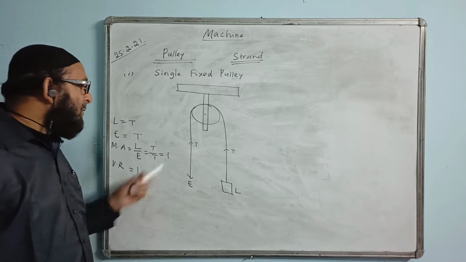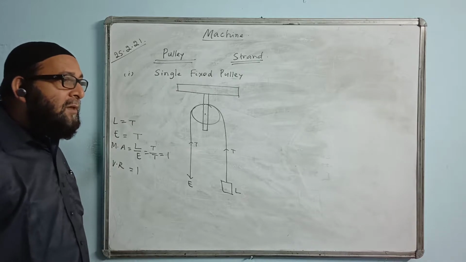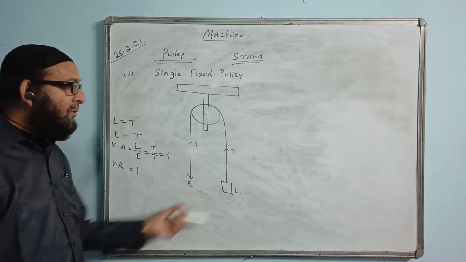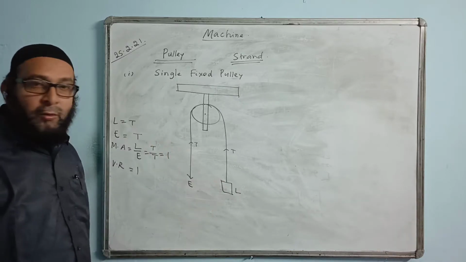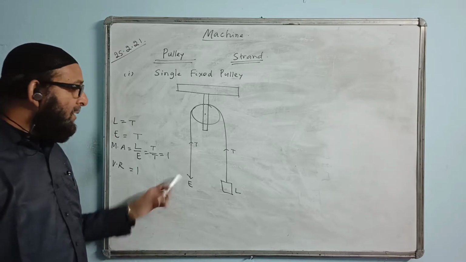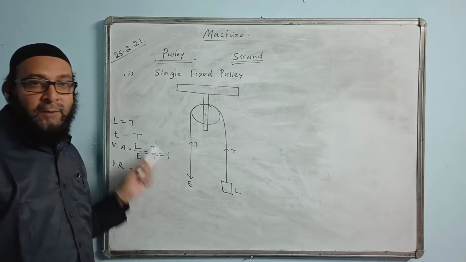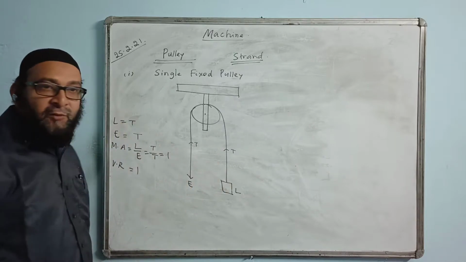But why is such a pulley used? For what reason is this pulley used? We say this pulley is used to apply the effort in the downward direction, which is the convenient direction for lifting a load. Though it does not give any advantage, it tells you the effort and the load will be of the same value because mechanical advantage is 1. So whatever the load is, we have to apply the same effort.